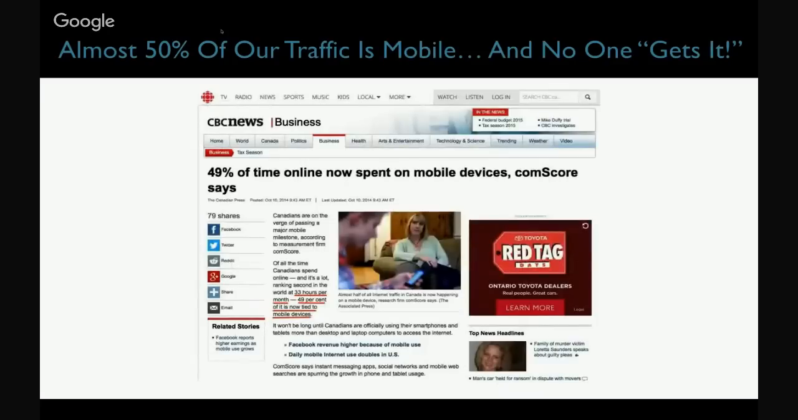49% of time online is now spent on mobile devices. Almost 50% of the traffic in Canada, and over 51% in the United States, is mobile. It's happening on mobile phones, and nobody gets this right now. 50% of the mortgage leads and mortgage traffic in the marketplace right now are happening on